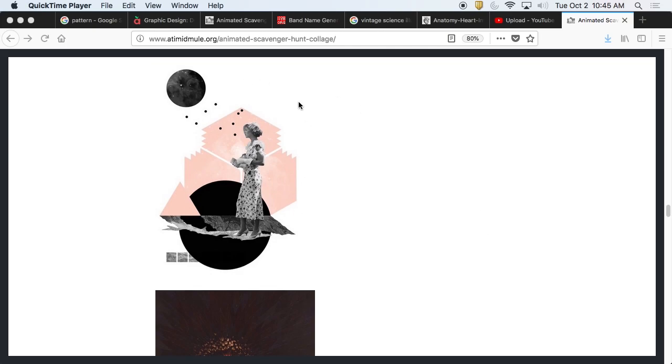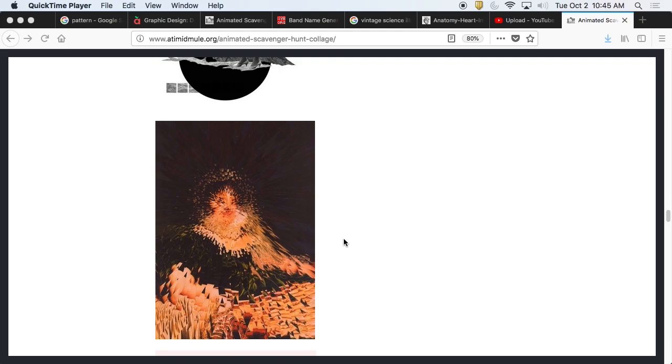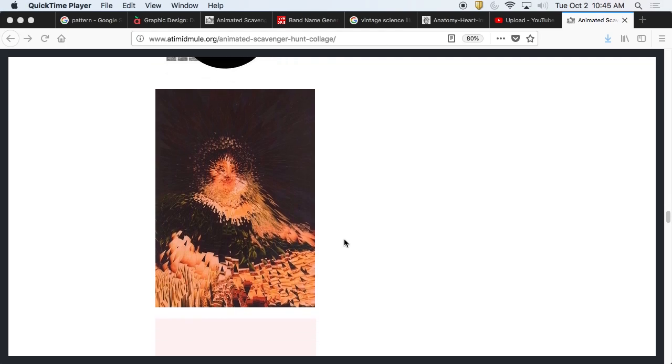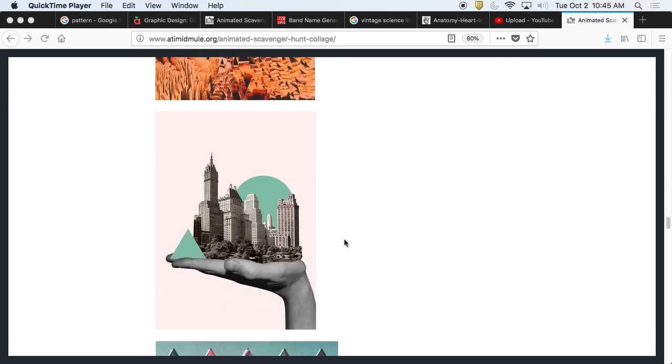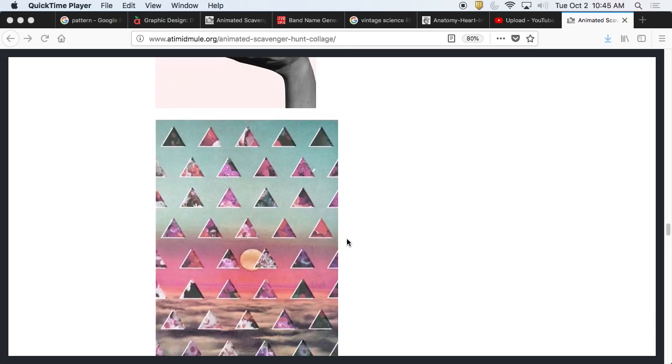Here we have a little bit of kind of straight imagery with patterns, a little more subtle, a little more playful. Here we have one that's completely broken and shattered. Overlay here. I like this one a lot.